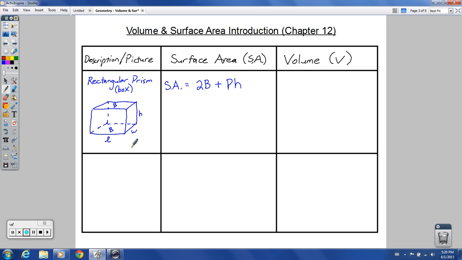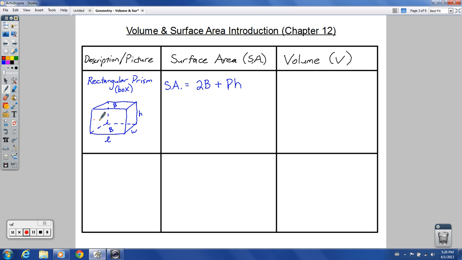We'd have 6 different areas to add together. We can find that by taking 2 times b. b is just the area of the bases. So I'm saying this is my base and this is my base, and I can add that to the perimeter. That would be L plus W plus L plus W. If I'm taking the perimeter, the whole thing at once, multiplying that by the height, it's going to give me